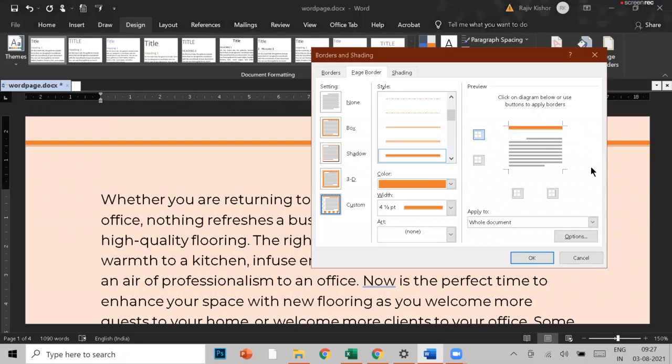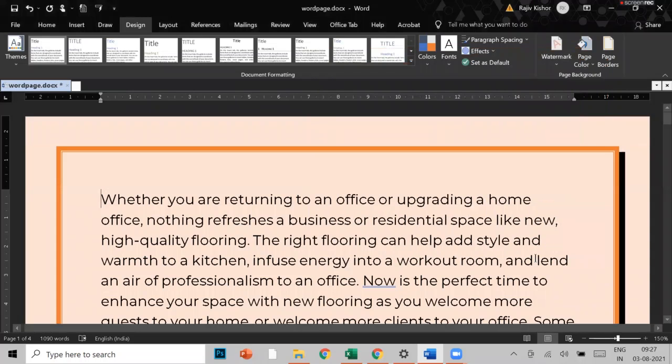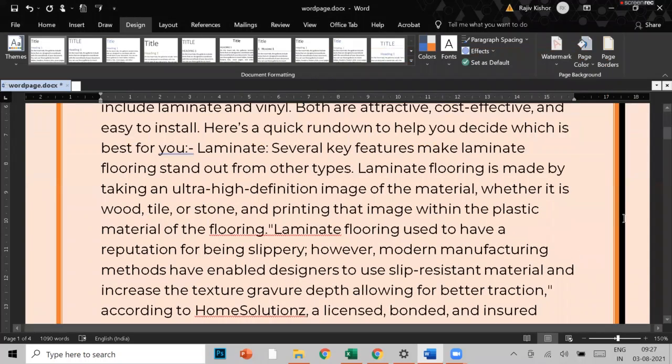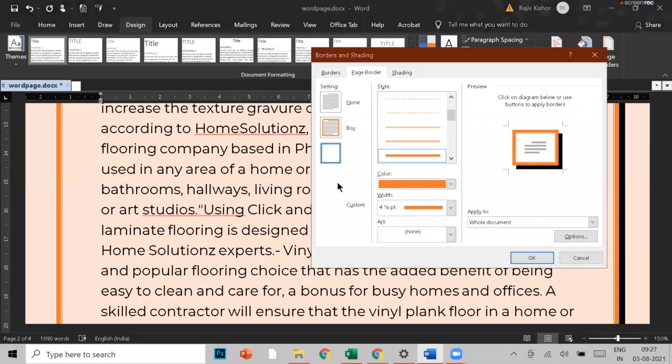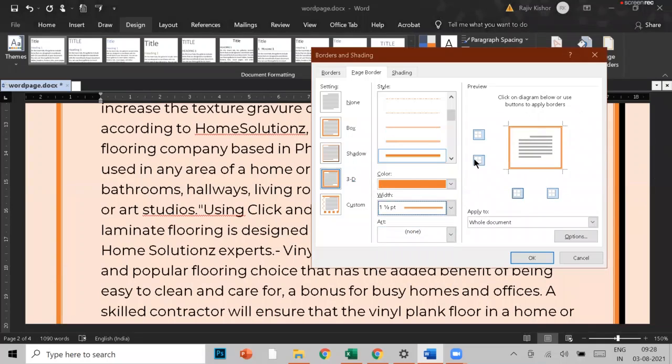Now this is one style, and we have a shadow style also. You can see that it's showing shadow. If you want to have it like this, you can have this one also. So it will show like this. So many styles are here. You can select anyone. And 3D. When you select 3D, 3D type of styling starts appearing.